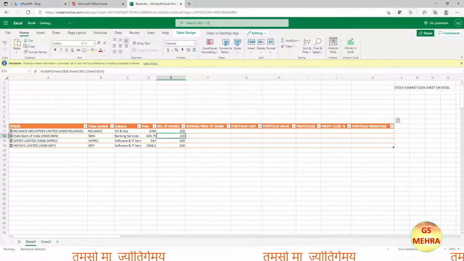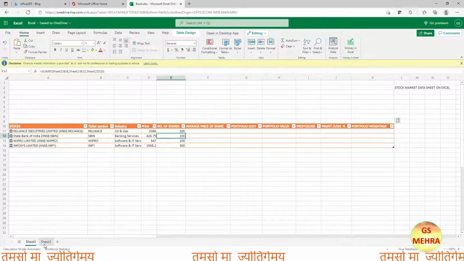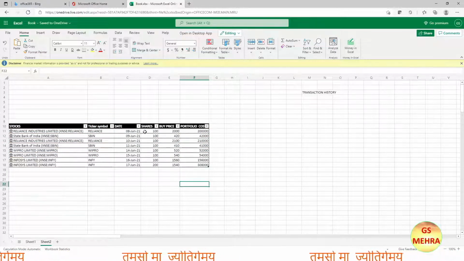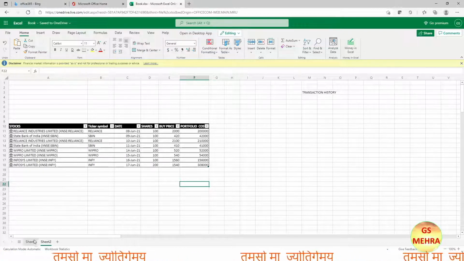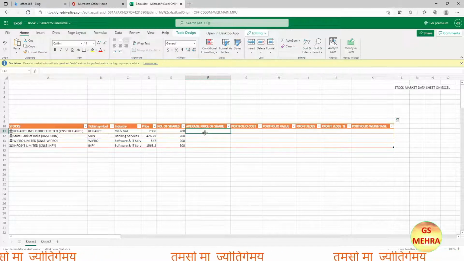So here we can see the number of shares we have got, and when we move back to sheet 2, we can see that the total number of shares of Reliance, State Bank of India, Wipro and Infosys is the same as the number of shares which we have got here.